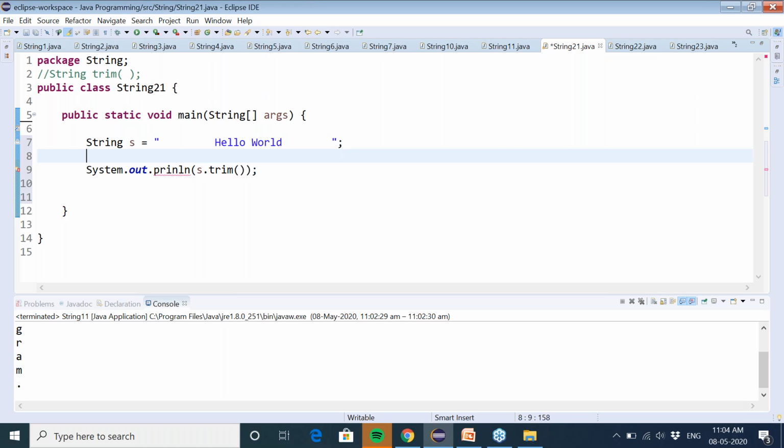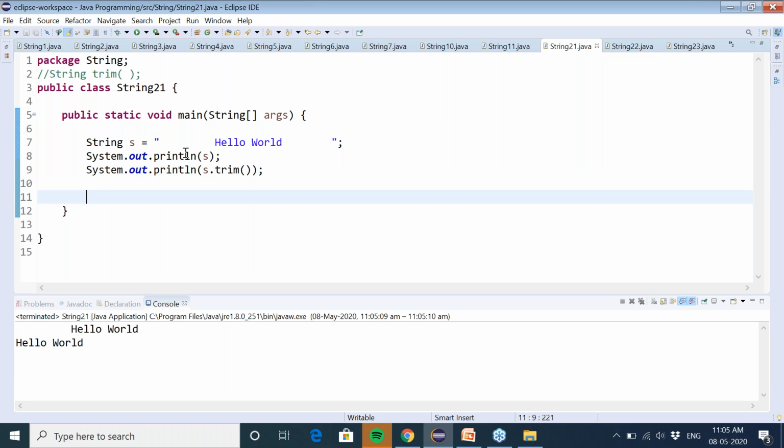This is the case. So let us check it. Now see, in the first case we are getting hello world with a space because we printed it before removing the space, and then after we trimmed the spaces from the string we printed it.